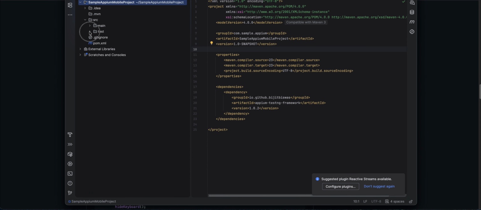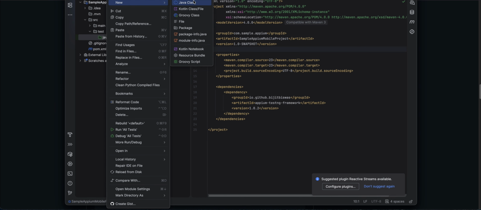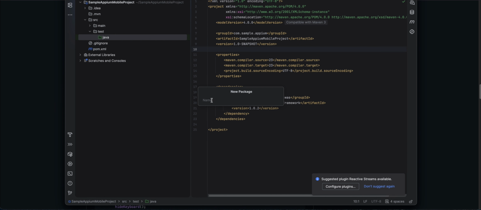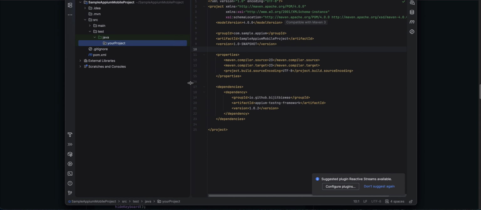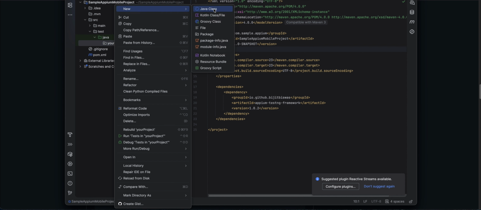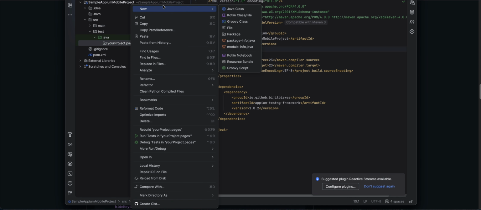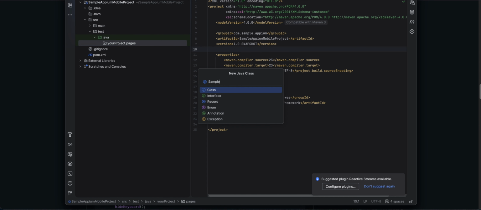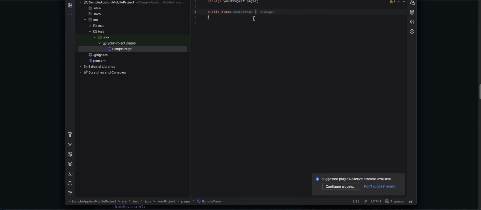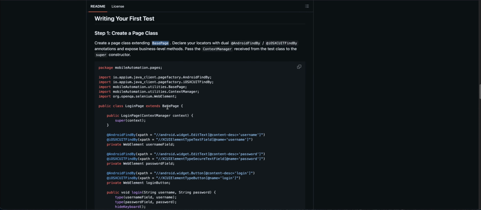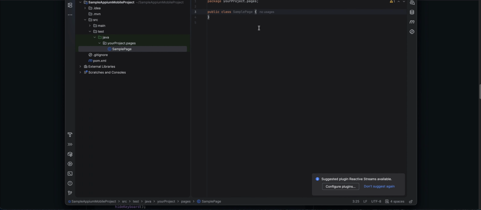So inside src test java, first of all we will create a package. This package name is your own module, project or company name, you can mention it. For example, I will just mention your project, and inside your project we will be creating a pages package, and then we will create a sample page. And as I mentioned, this page should be extending our inbuilt base page,